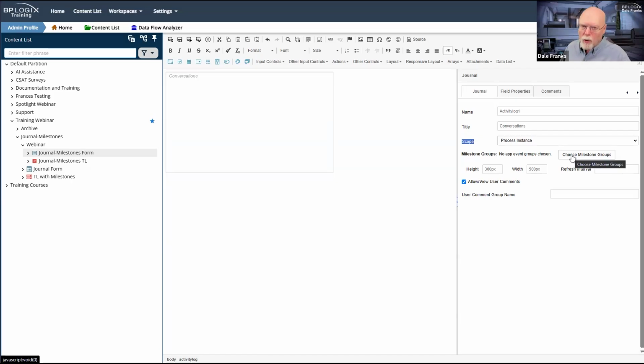So in the real world, what you're going to do is just create a unique milestone group for each of your applications, and that's the milestone group that you're going to use. And indeed, that is what we're going to do here today whenever we create our milestones. So just keep in mind the possibility of conflict between scope, and if there is, then whatever the tighter scope is will win.